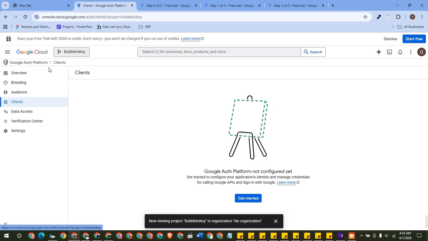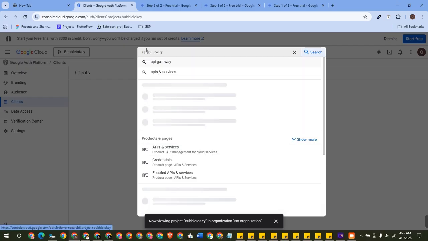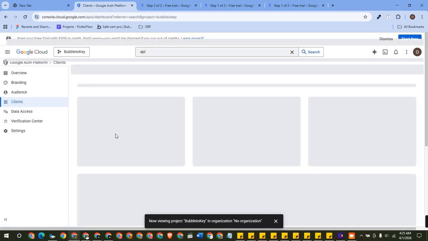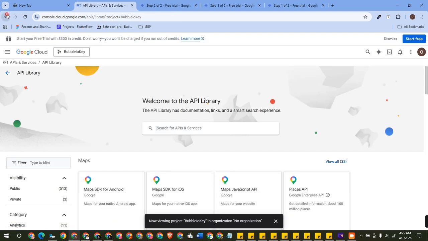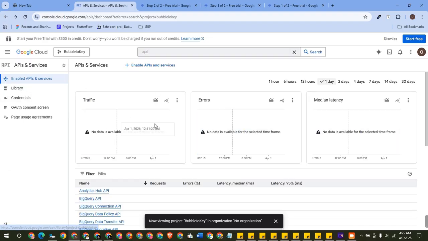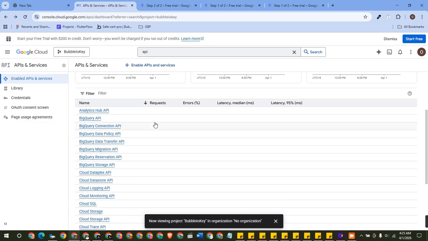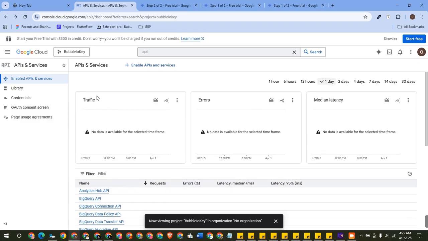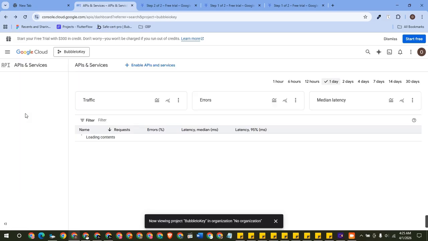And after this part is done, what we can do is come over here to the API and services section. And inside this API and services, then we have the credentials section. This is the basic dashboard. So it will show us how each and every API call is being made, the request, the error, latency, and everything. And inside the credentials, what we'll need is to create